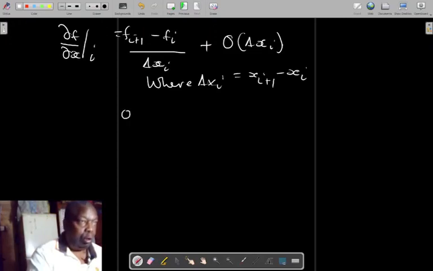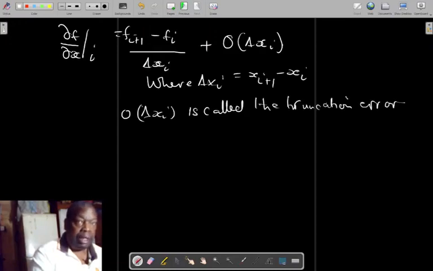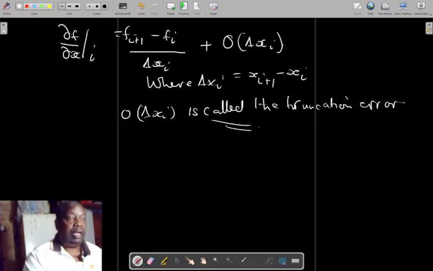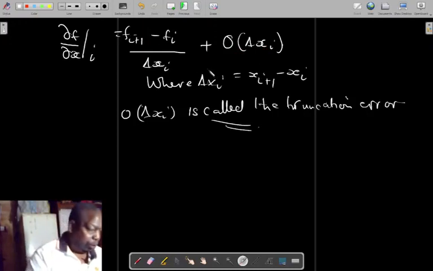Now, O(delta x_i) is called the truncation error, because I will omit this if delta x is very small, assuming that whatever we have that is above the first derivative is so small that it contributes little to the equation. So we have